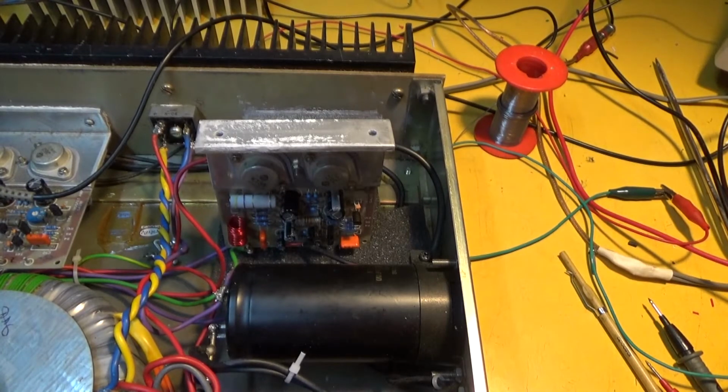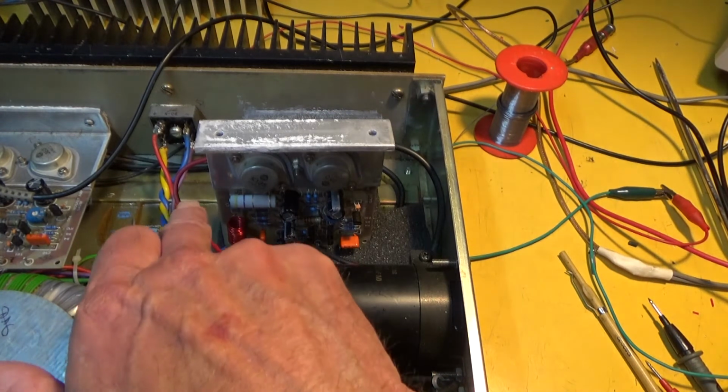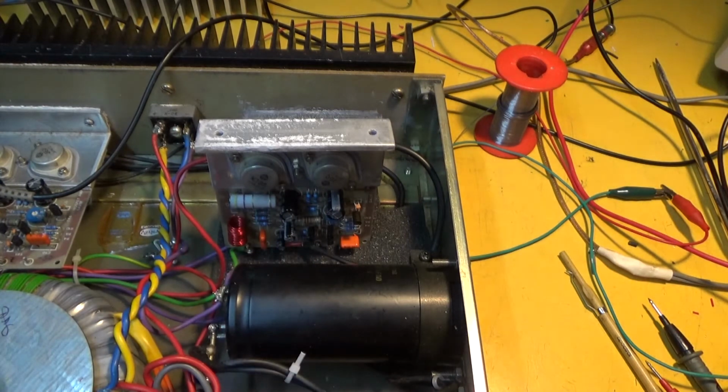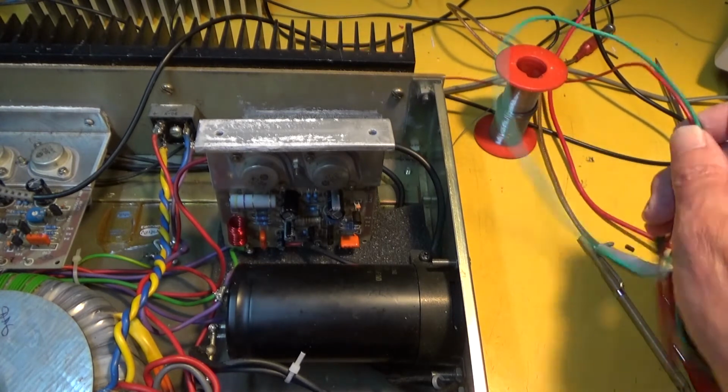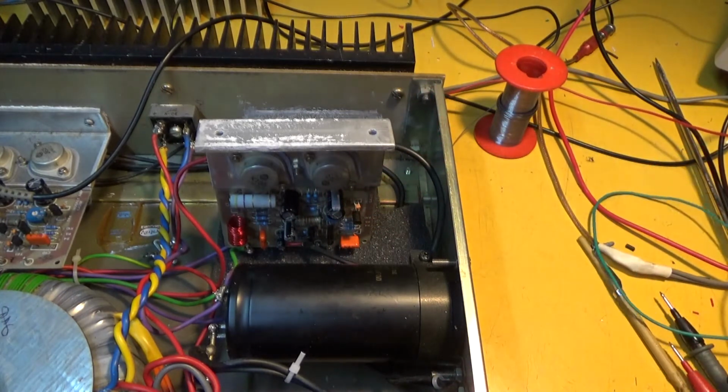Well, I think I'm making some progress now. It's quite bizarre. I mean, I've checked every resistor and capacitor, they're all fine, but I was checking the bias by disconnecting the positive there and sticking my meter in series, and it should be 100 milliamps. It was 140, so I tweaked it down to 100, and of course I had loads of wiring in series with that red wire, and the noise went away completely, which is bizarre. Well, not completely, but 99% of it went away. So it seems adding that extra bit of wiring actually affected it, but which led me on to